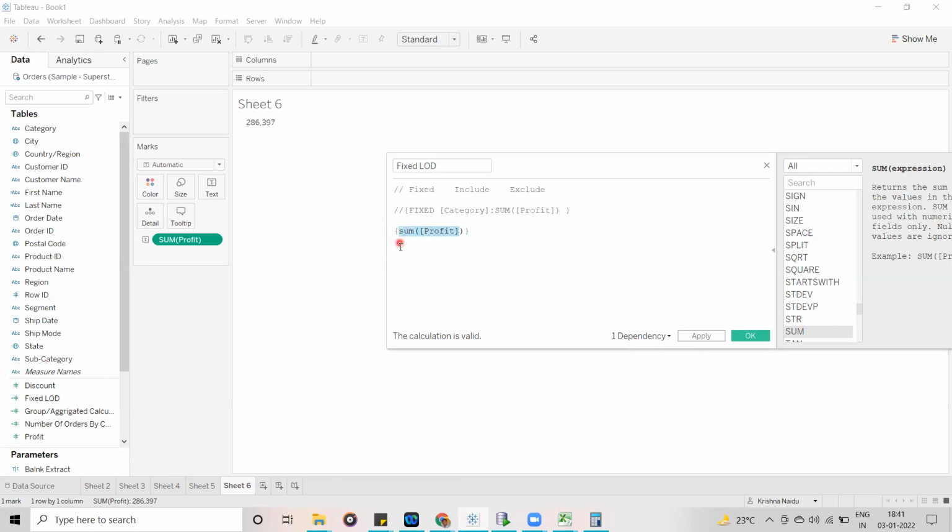Just remember this. So this is a fixed sum of profit.